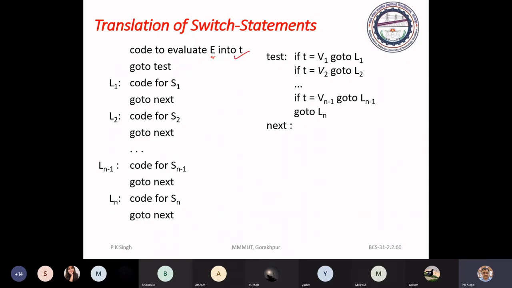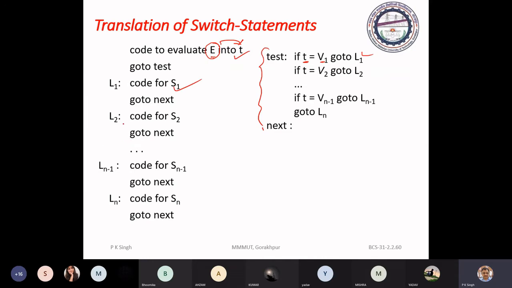So we have E code, and through this E code we evaluate it into T, a temporary, and then we switch the control of execution to the test area. If T is equal to V1, then the control of execution will switch to L1, where we have the code for S1.